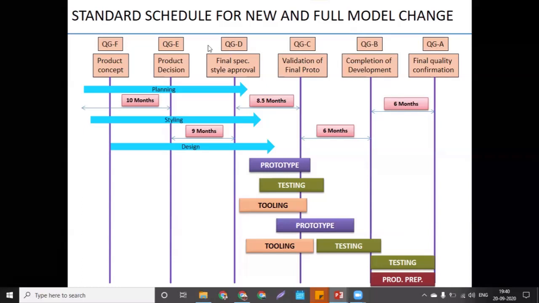Suppose this is my quality gate F. F will start from here, with the beginning of the gate, and this is the end of that gate. In each and every gate you should first check the plan, what you are going to deliver in this phase, and check against your goal whether we are done or not. That is the start and end of each development process.